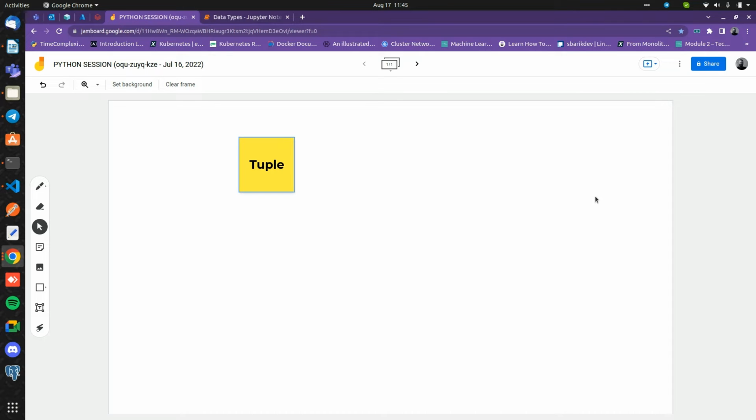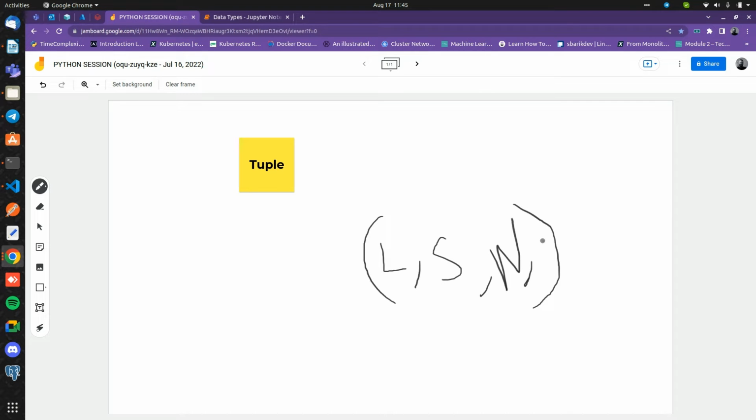A tuple is represented by the tuple class, and it is written in parentheses, just like this, and it contains multiple data types. It can contain a list, set, numbers, strings. It can be created with single quotes or double quotes, that does not matter. Or you can also pass numbers, strings, set, dictionary. Okay, so for example, here